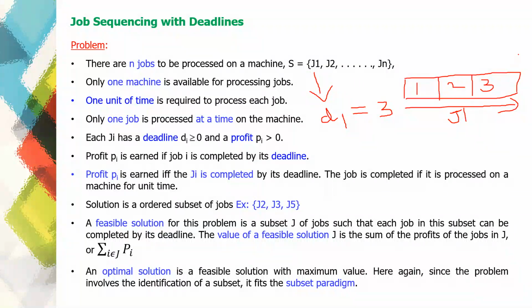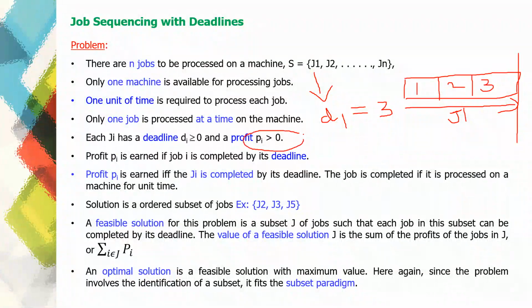This is the maximum time period available for completion of J1. After that, you need not complete the job. Before the third unit, you have to complete job 1. And if this constraint is satisfied, that J1 execution is completed before the third time unit, then you are going to